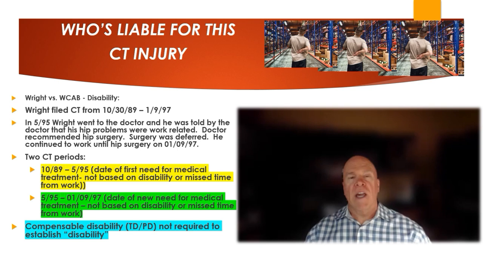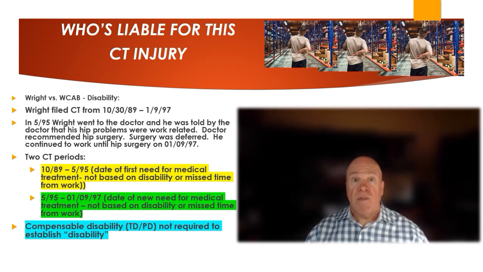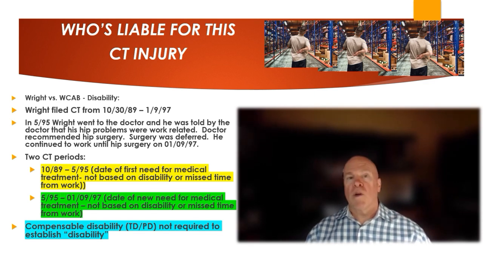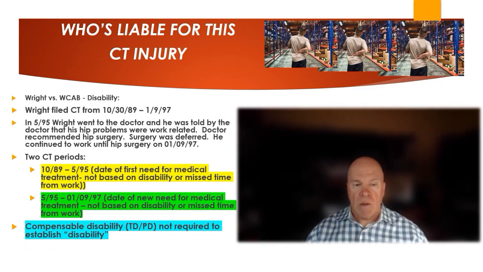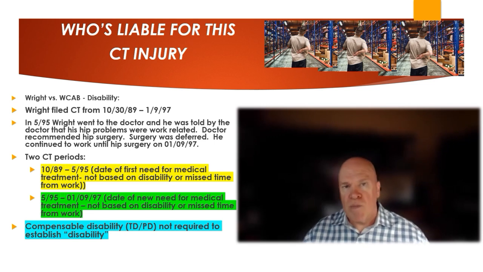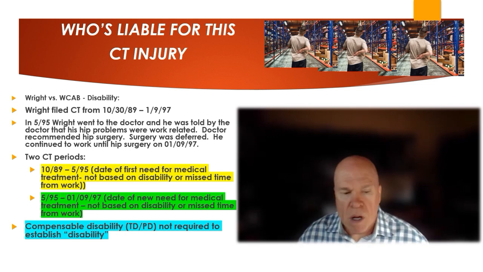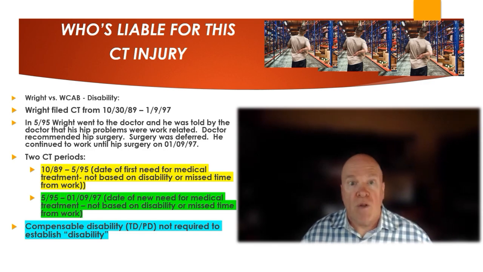Now, in our last case, the Wagner case, the need for medical treatment, surprisingly, was not sufficient to establish the disability. It was the prescription of the wrist braces that established the disability. So we're seeing some mixed messages come down through the courts, and I have a third mixed message to share with you in our next case. But let's just take a look at some of the facts of the actual case so we can wrap our head around some of these interesting concepts.